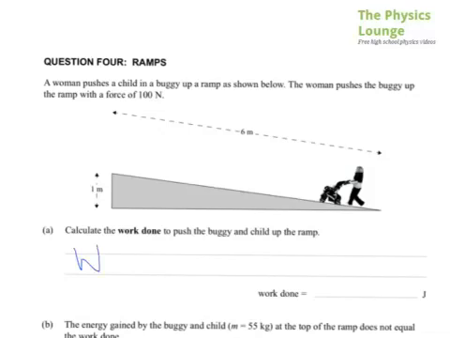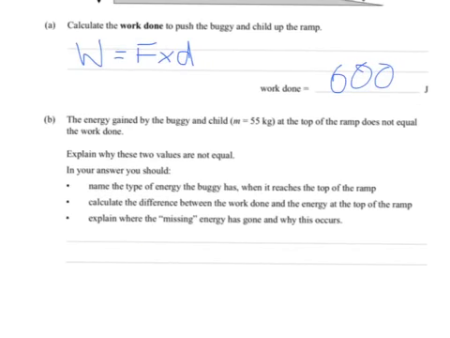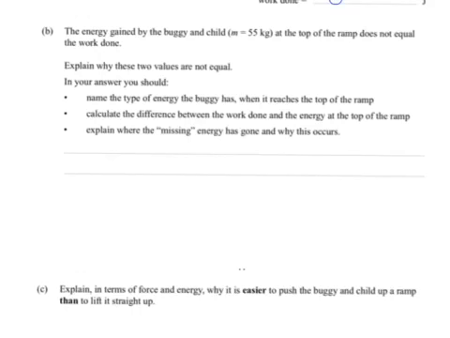Work, not weight. Work is force times distance. Force given is 100 newtons. The distance given is 6 meters. So 100 times 6 is 600 newtons. Nice and easy. B. The energy gained by the buggy and child, a mass of 55 kilograms, at the top